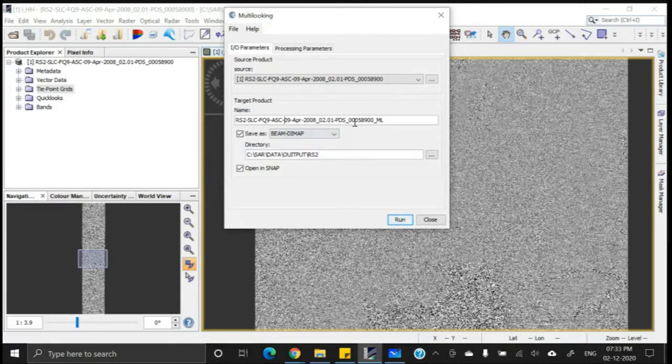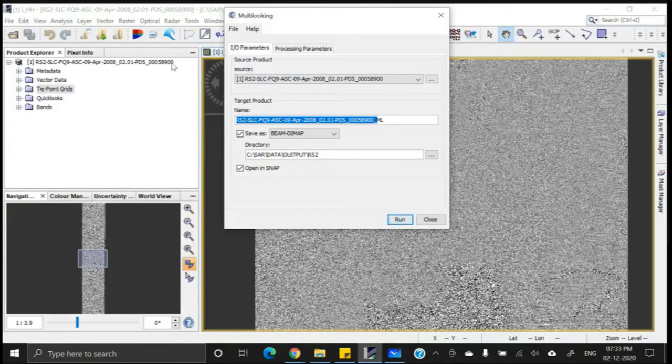Then the file name. Okay, this is the file name. I do not recommend changing the file name. However, you have the freedom to change it. The file names will be given by the software and it will maintain a specific convention. For example, as you can see, this entire portion has been taken from the original file name.